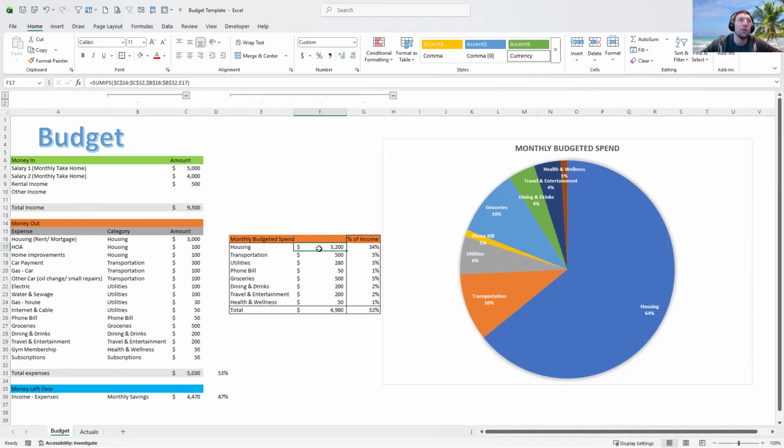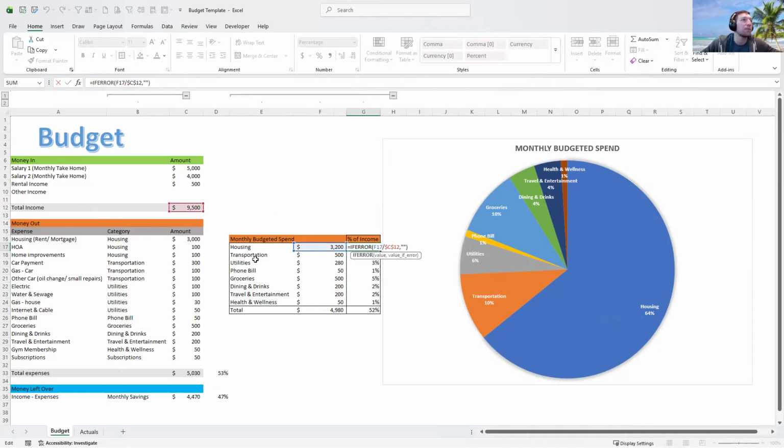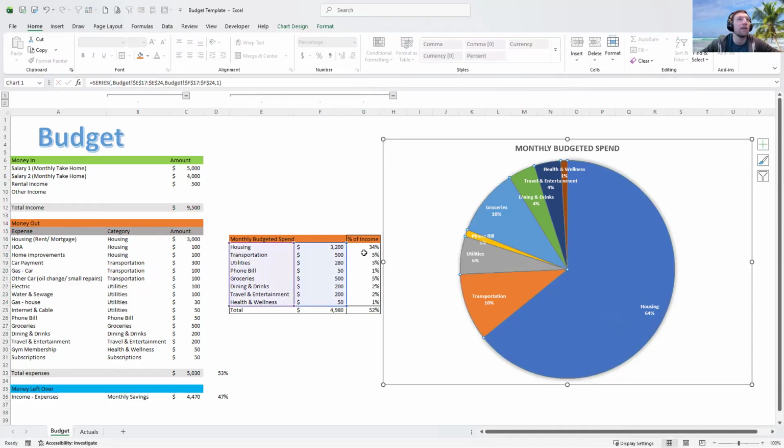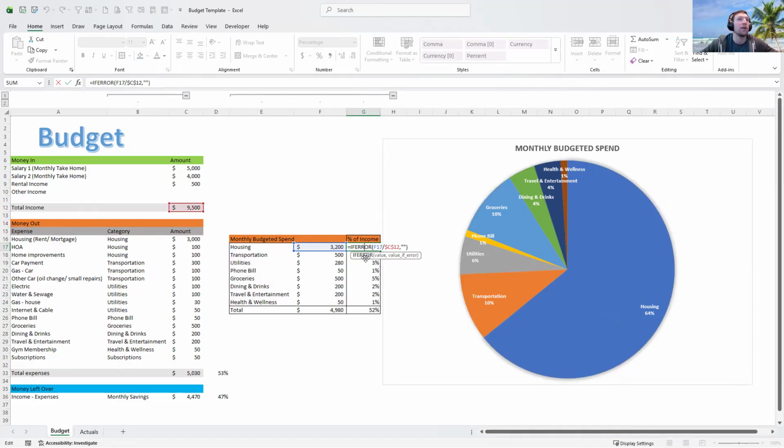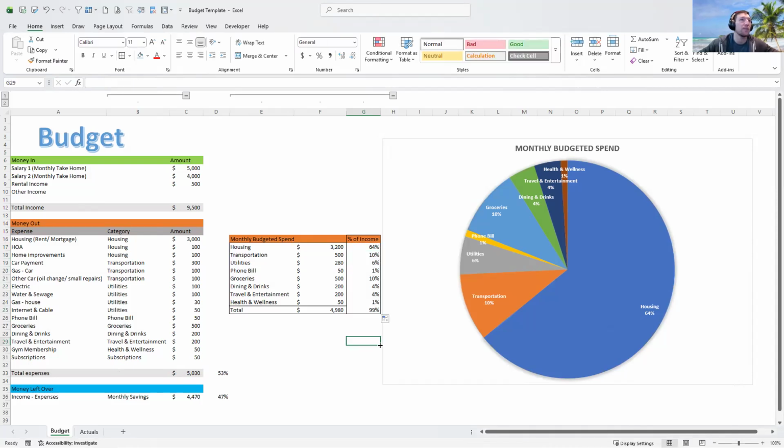So housing, we're spending the most in, spending 64% of our, oh, percent of income. Let's do percent of expenses. Sorry about that. Percent of expenses makes more sense. There we go. And I think we need to